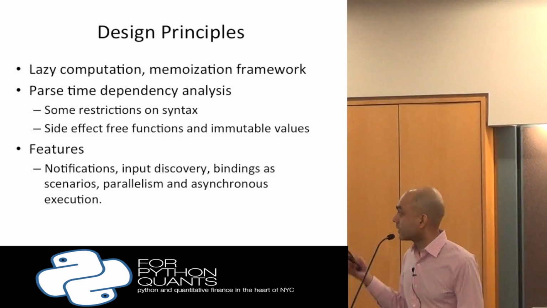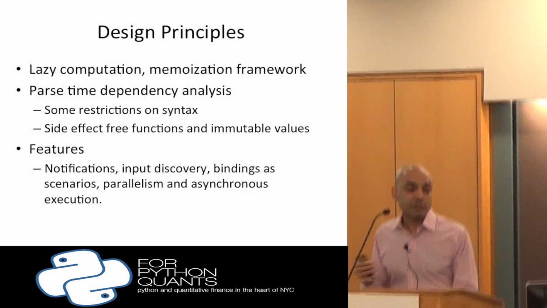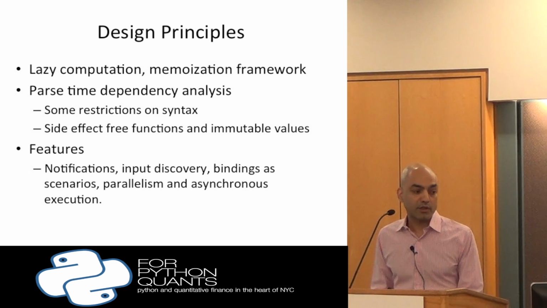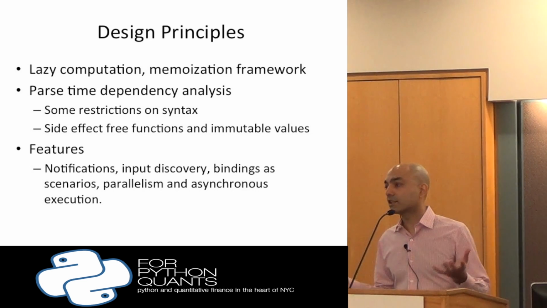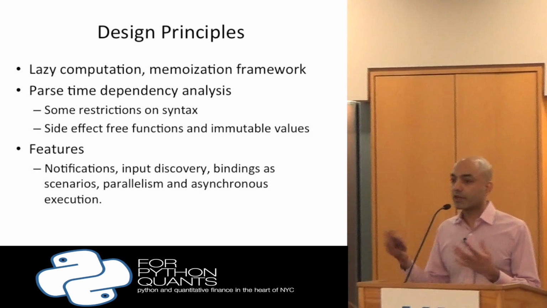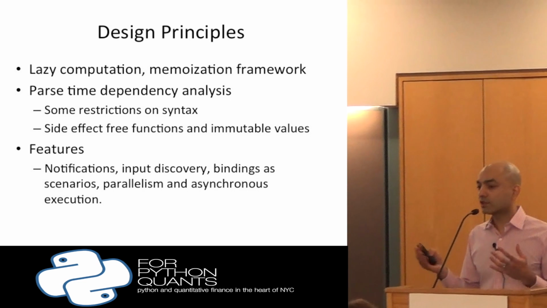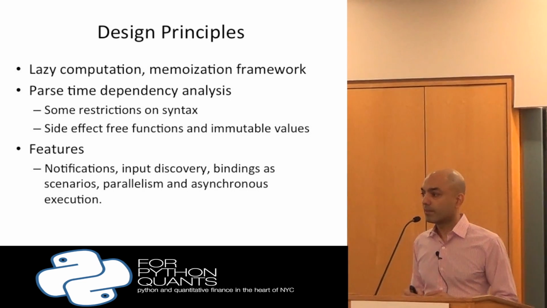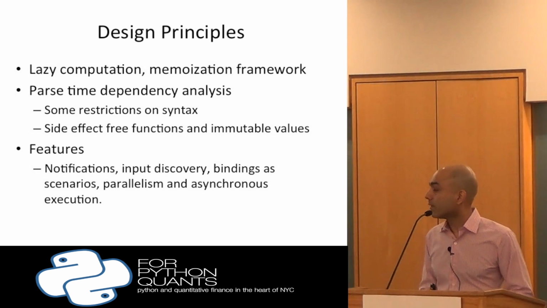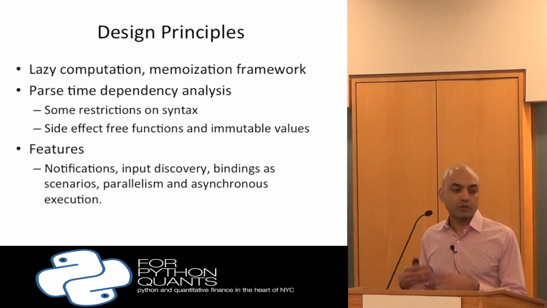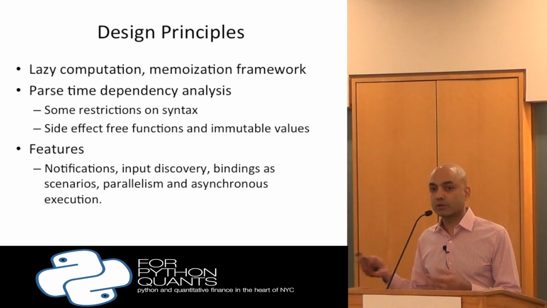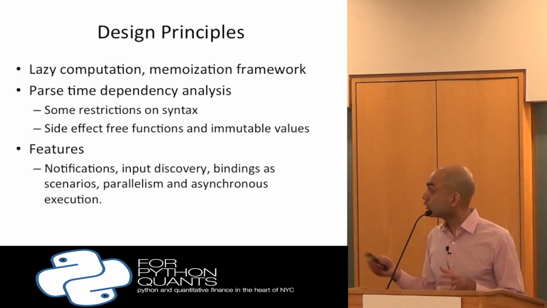So one of the ways we'll think about doing this is by doing parse time dependency analysis. So we will impose some restrictions on syntax, and we will use essentially a syntax tree transformer, which Python makes very easy, to recognize certain constructs, transform them, rewrite the code, and execute it, still using the same Python VM, but just with a slightly different computation model. We could also look at ways to compile this down into assembly. There's lots of frameworks using LLVM now as well to do this. If you know types and you know the data flow, in theory, you should be able to make it much faster.